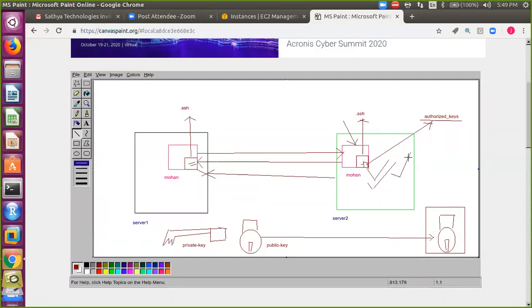And then you need to enter ssh-copy-id mohan@server1.satya.com, so that the public key of the user Mohan will be sent to this particular server. Right? So is it clear? This is how you can set up a passwordless authentication from one server to another server.